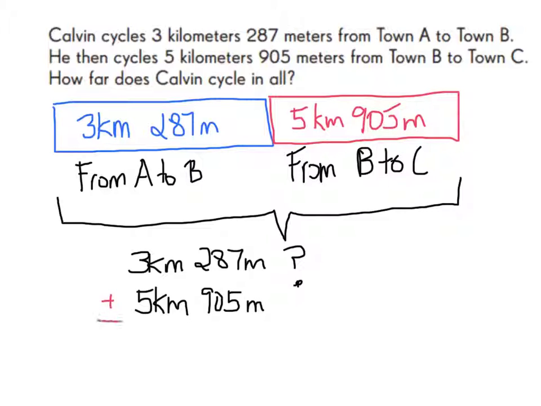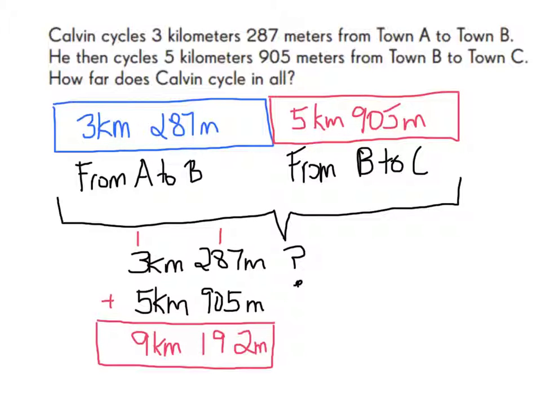When we add those values, we know that 1,100 meters, we can exchange 1,000 meters as 1 more kilometer. So we get a sum of 9 kilometers,